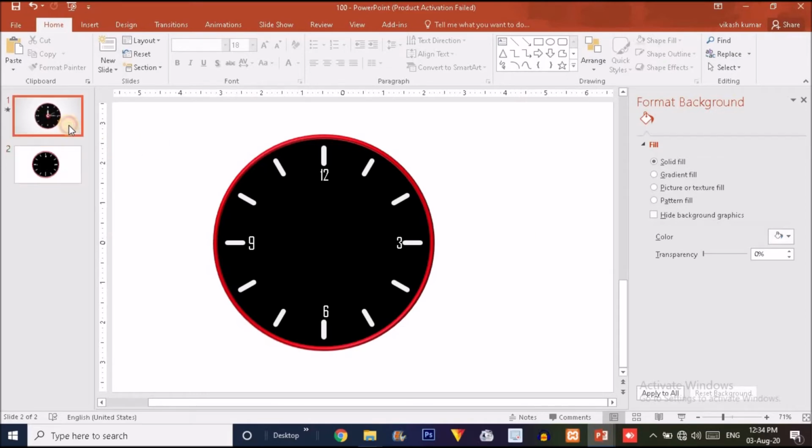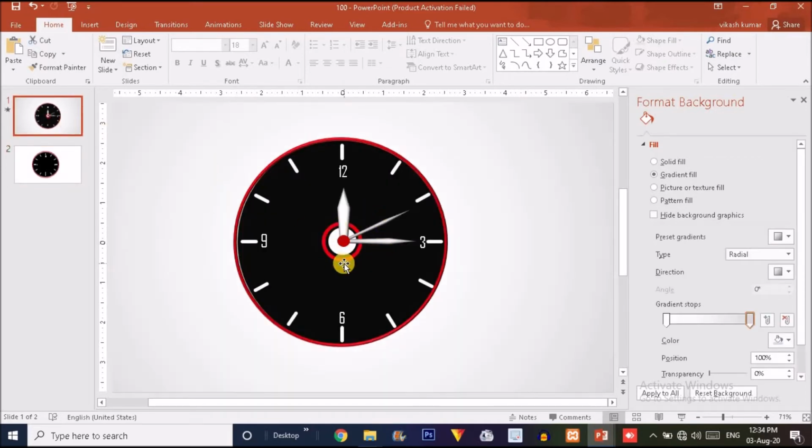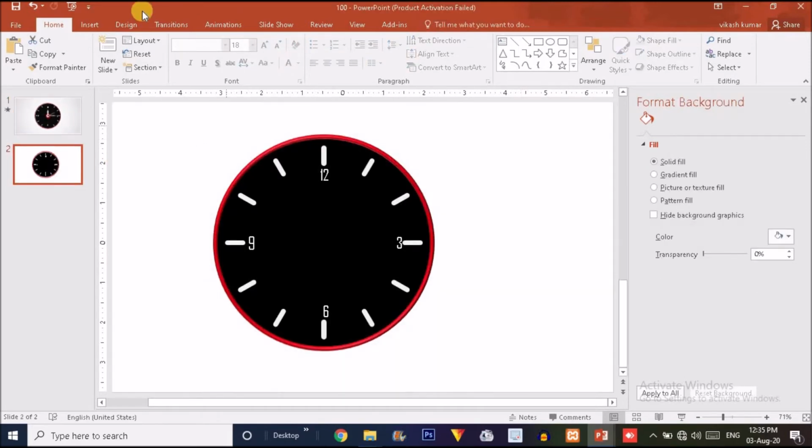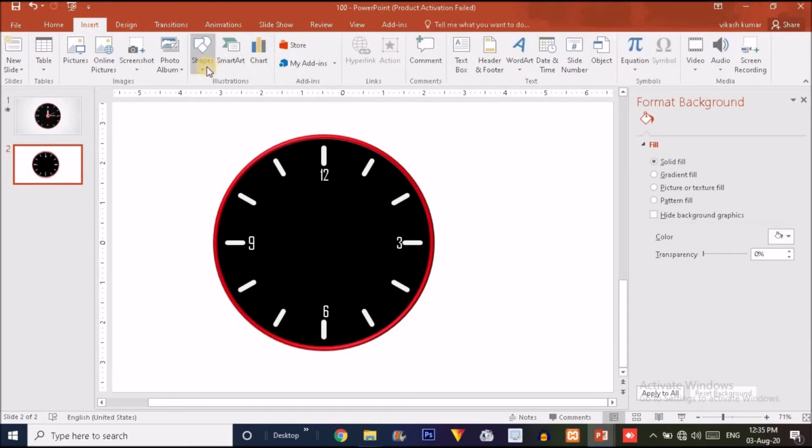Now we will create this needle. So to create this type of needle, what we'll do, we'll click on insert option. Here you will find shape option.